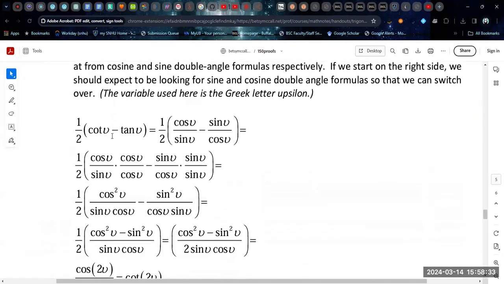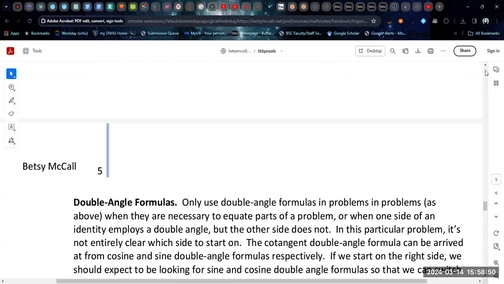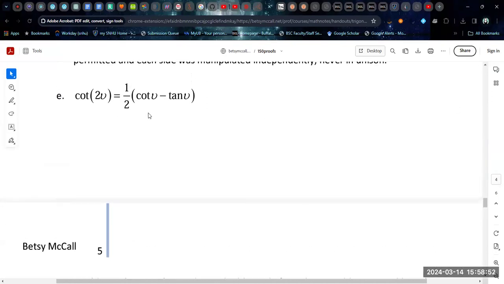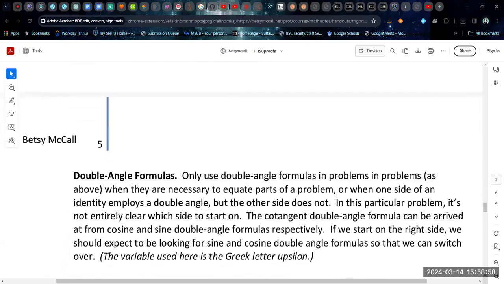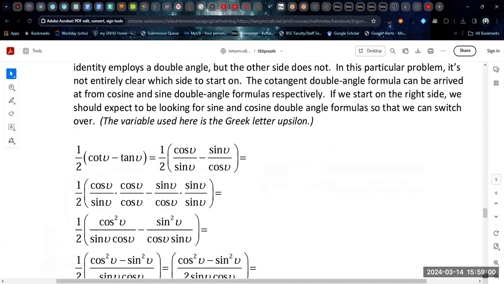So we're going to apply our double angle identity on the left side of the equation. And then we're going to rewrite our expressions in terms of sine and cosine. Now, then we want to find a common denominator. So look at our example that we have up here. We have cotangent and tangent. So how do we get cotangent minus tangent? Well,